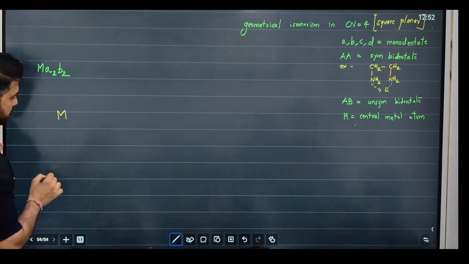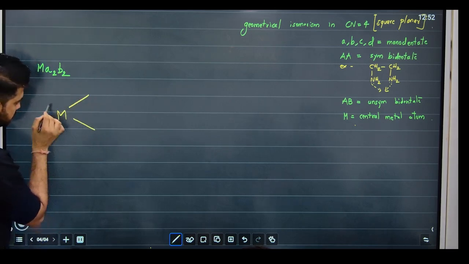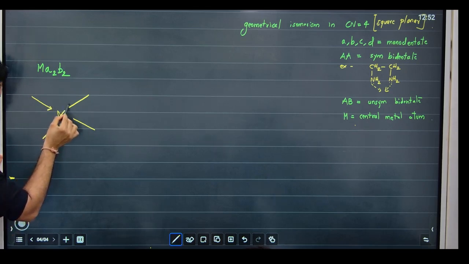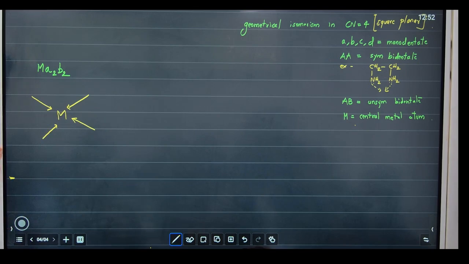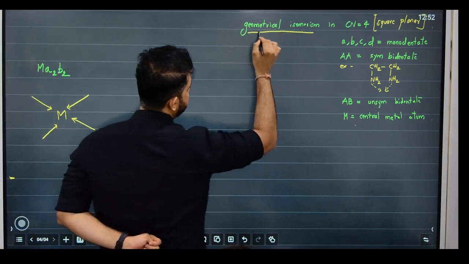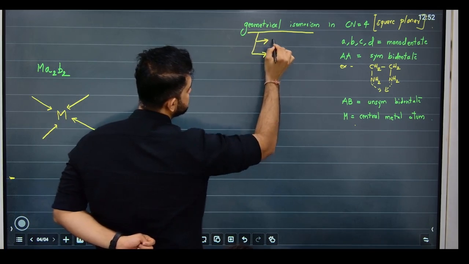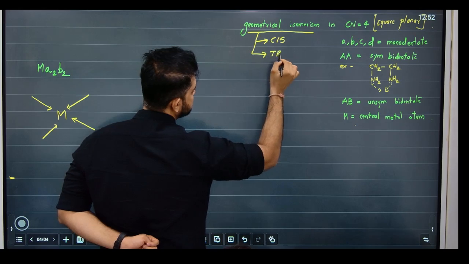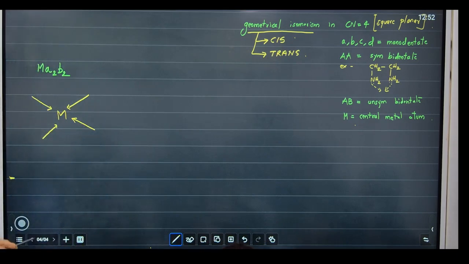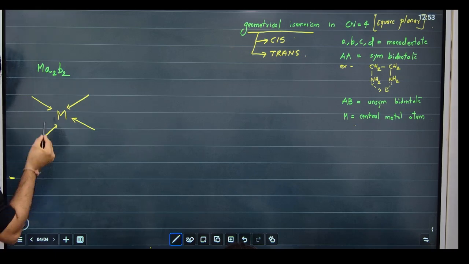We have M. As people remember, this is square planar. These are all coordinate bonds. I'm not making them, but अच्छा चलो एक वाले के लिए बना देता हूँ. Now, select the ligand which is repeating twice. A is repeating twice and B is also repeating twice. Remember, geometrical isomerism में there were multiple nomenclature, but सबसे basic nomenclature हम कौन सा पढ़ते थे? Cis-trans. So for M A2 B2, if I want the cis isomer, I repeat, select a ligand which is repeating twice. So ये